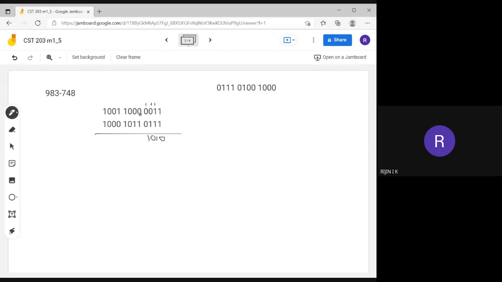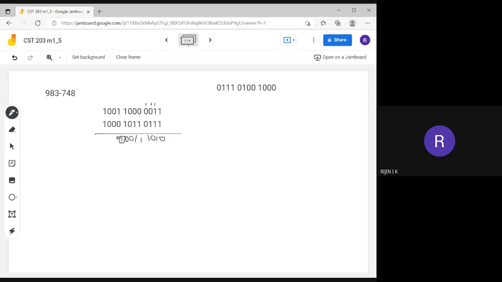Then here 0 plus 1 is 1. 0 plus 0 is 0. 1 plus 1, what is 1 plus 1? 0 with the carry 1. You keep the carry in a separate box.